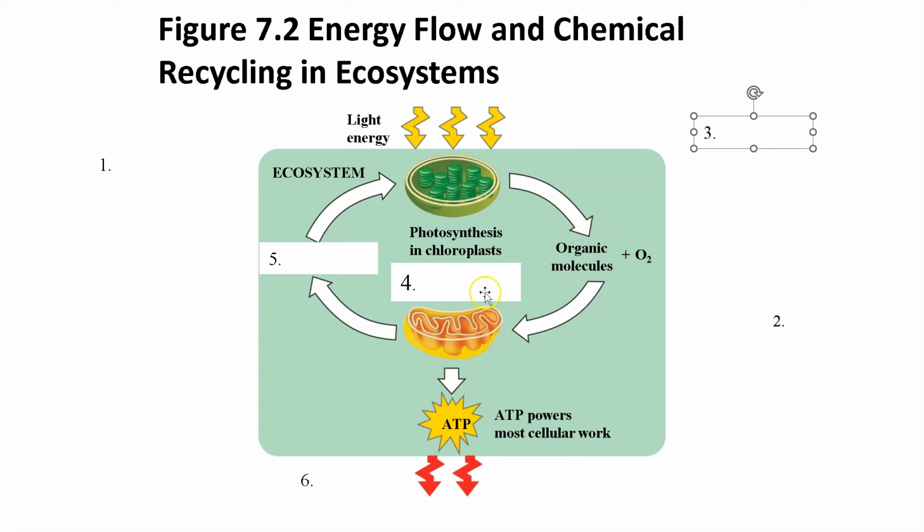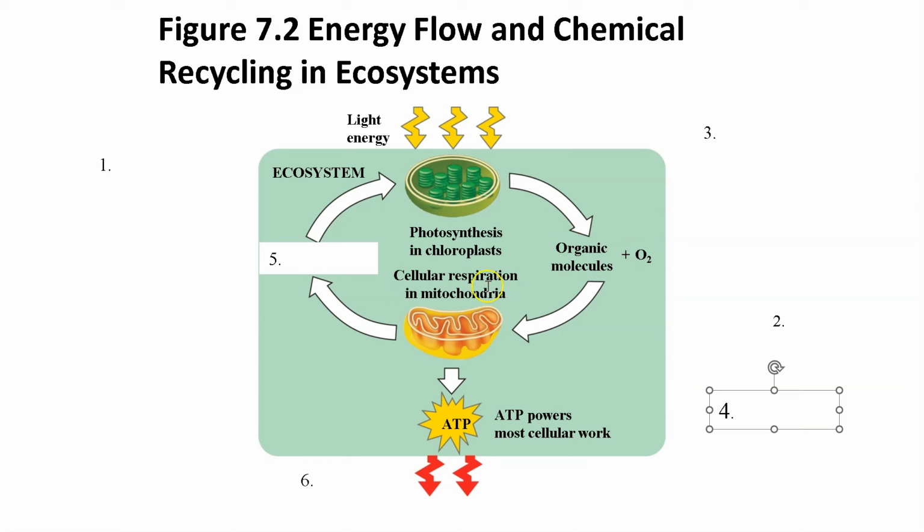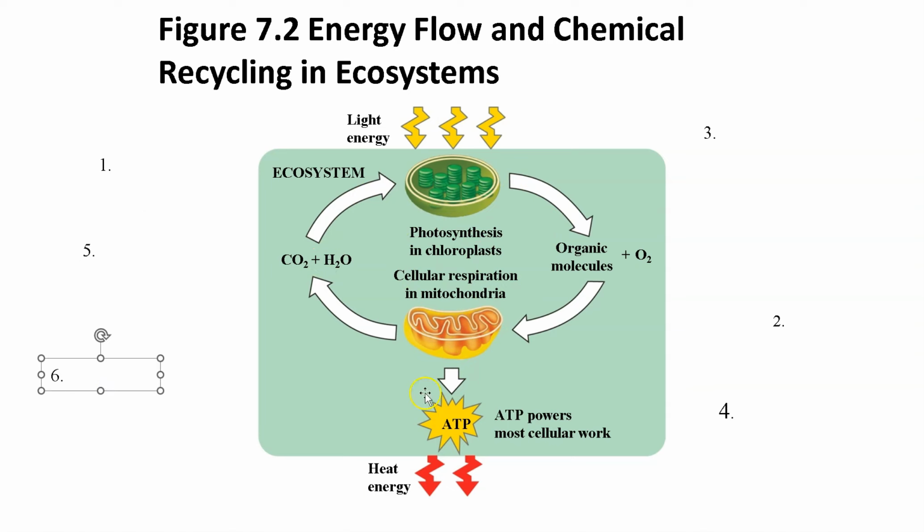But those organic molecules and oxygen move to cellular respiration in mitochondria. Okay? Plants do both. Don't forget that. Plants do both. It's a common misconception, even in higher levels of thinking. And then cellular respiration in mitochondria produces CO2 and H2O. So these processes are related. And of course, we expel heat at the end. We generate ATP. We don't create it. Again, mitochondria, the powerhouse of the cell, right? Well, don't think powerhouse means it's creating energy, laws of thermodynamics. So we're converting chemical energy, organic molecules, into cellular energy, ATP, and of course releasing heat as we go as a byproduct, okay?